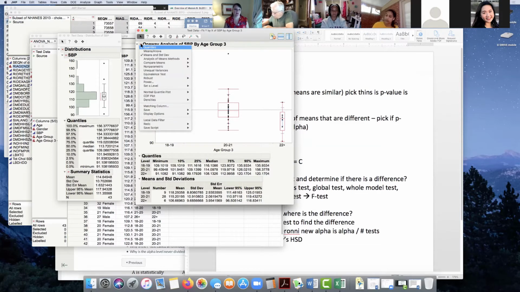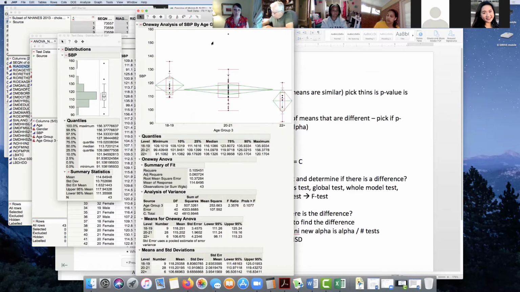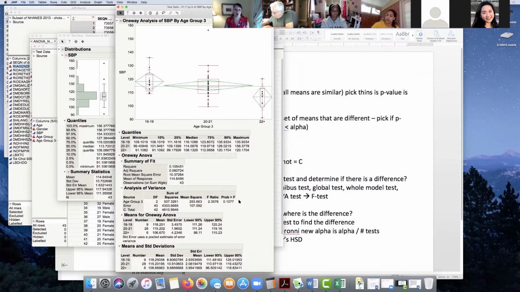And now I want to know, is there a difference? So I can run my F-test, just ask for my ANOVA. And my null hypothesis is there's no difference. And I would stick with that in this instance. I would say, nope, there's not enough evidence that this 118, this 115, and this 106 are different enough to declare there's a statistical difference. So in this case, if this was your real data, you'd stop. This is not a significant p-value. There's no evidence that we have different systolic blood pressure by group.